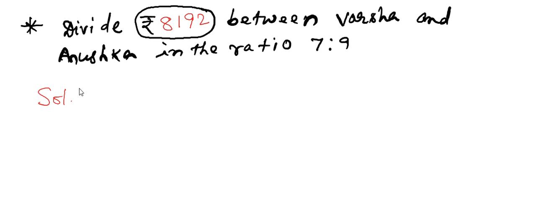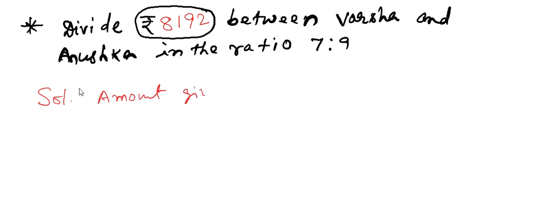This question I have taken from the ratio and proportion chapter. Question on your screen: Divide the rupees 8,192 between Barsa and Anushka in the ratio 7:9. What is the solution? First of all, amount